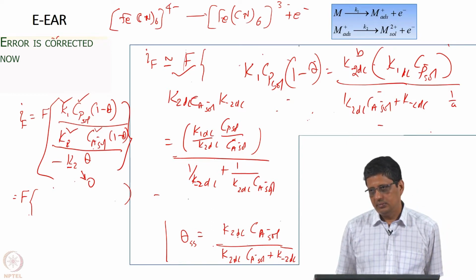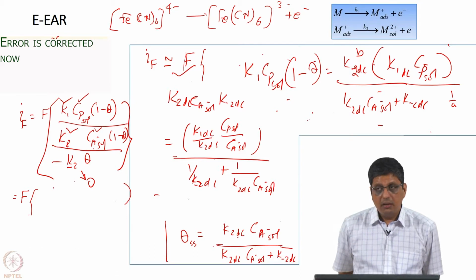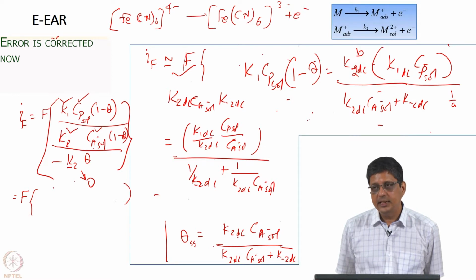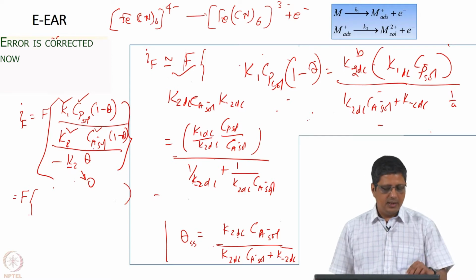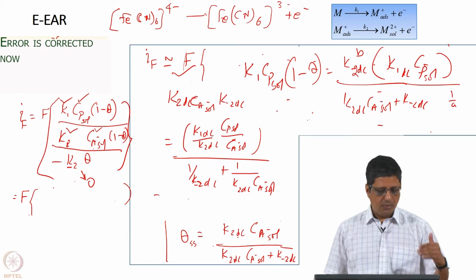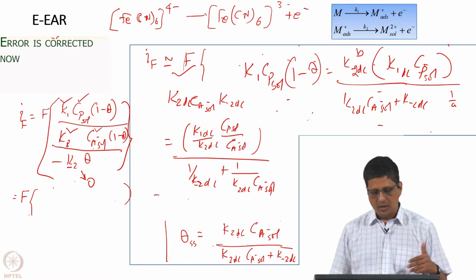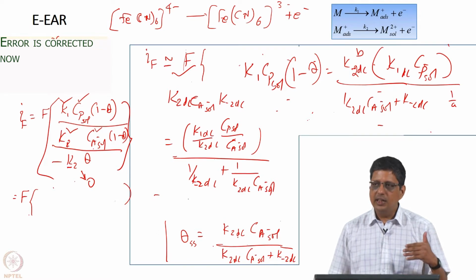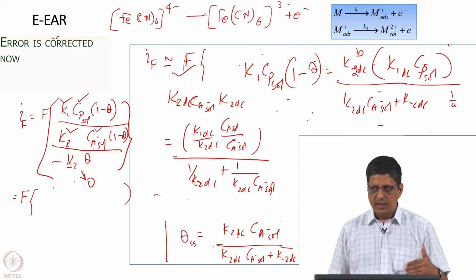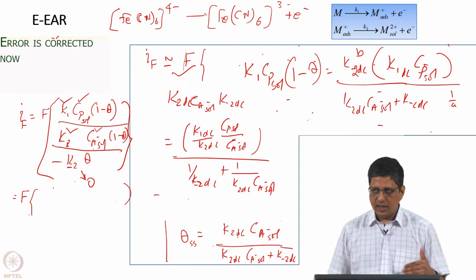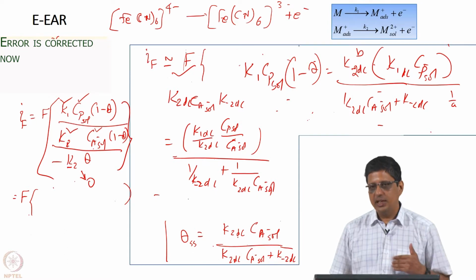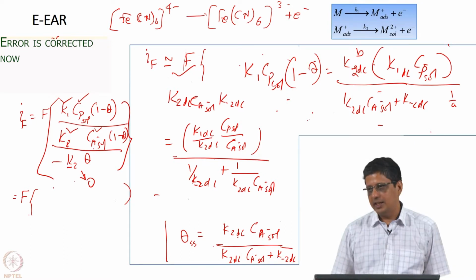So by changing the values, we are maintaining the current in the system. No, we are not maintaining the current in the system. We are just increasing the potential to a large value and observing the response. Here we are predicting the response. The response has 3 contributions: contribution from the first reaction, and contribution from the second reaction forward and reverse. The second reaction forward will give rise to more or less 0 current. The reverse reaction will give rise to more or less 0 current. First reaction, how much current is it going to give us? That is what we are finding here.